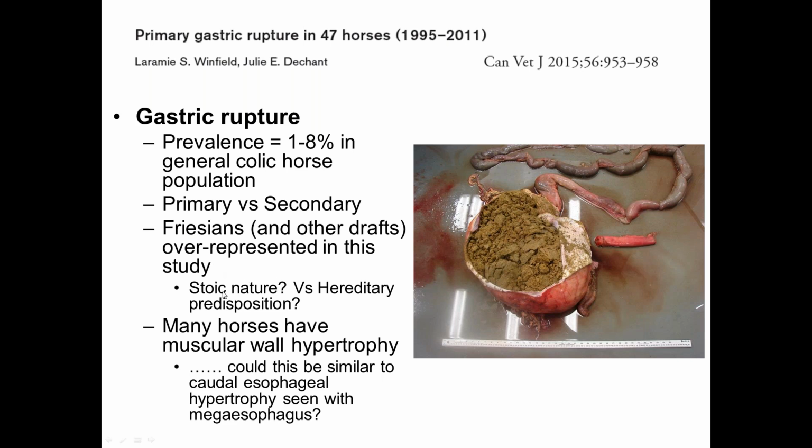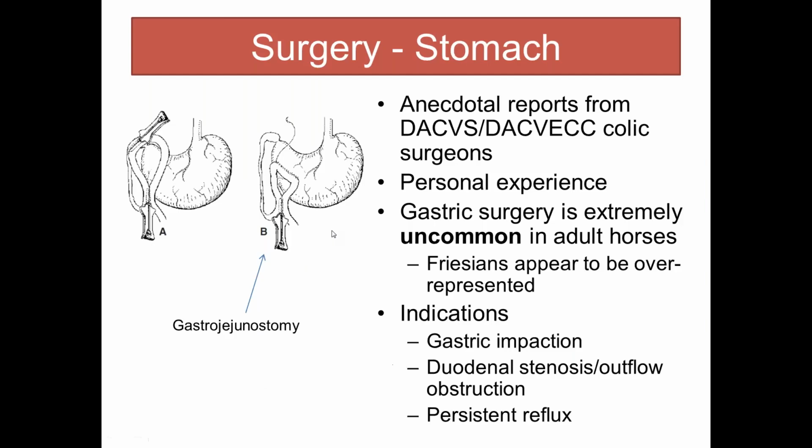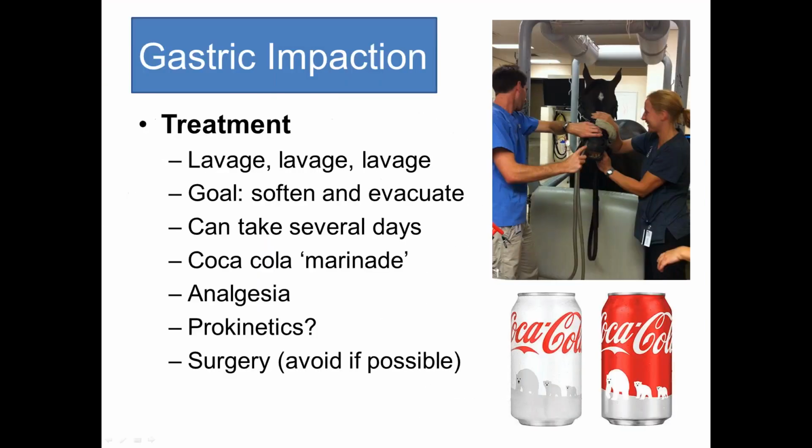Some discussion of this is, is it due to the stoic nature? Absolutely could be. And I've seen a fair share of other draft breeds that have had ruptures, and they're really giving you not much warning. Versus hereditary predisposition. And the part that kind of goes along with that is that many of the horses in this necropsy study, because essentially this is uniformly fatal,